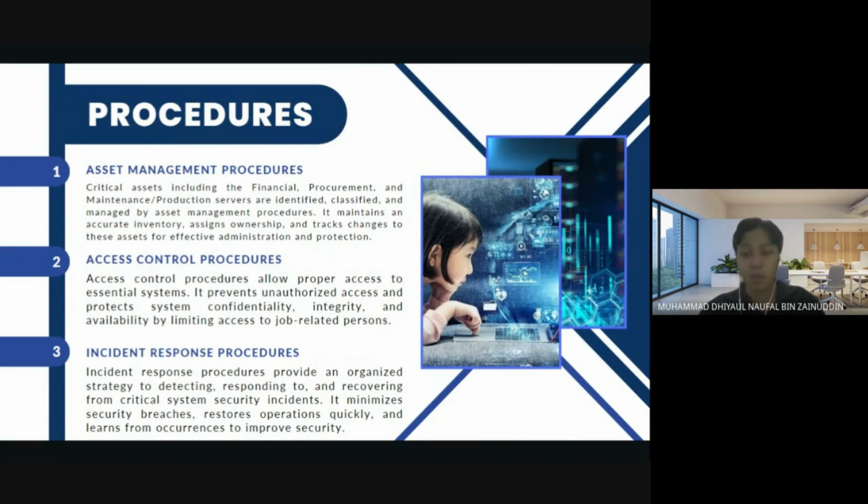So the procedure of this policy is, first, create a group to handle security issues by investigating, responding to, and preventing them. Second is establish transparent escalation policies and define how incidents will be reported. And third is test the efficacy of the incident response procedures using regular drills and simulations. And the last one is conduct investigations after incidents to figure out what went wrong and how to fix it so it does not happen again.